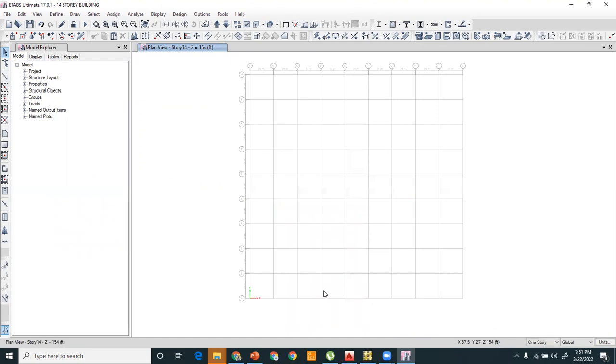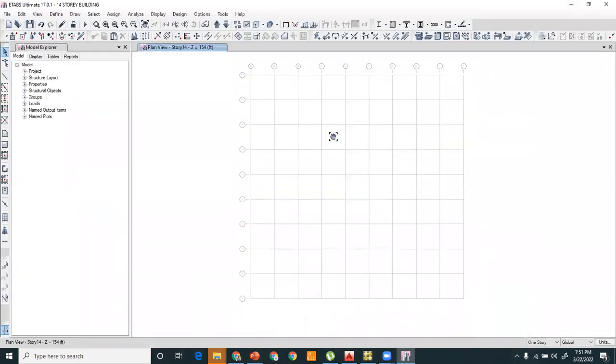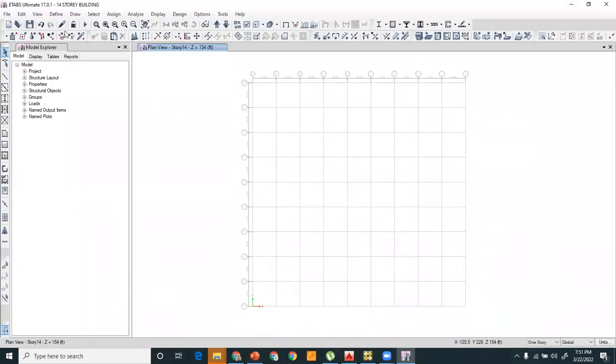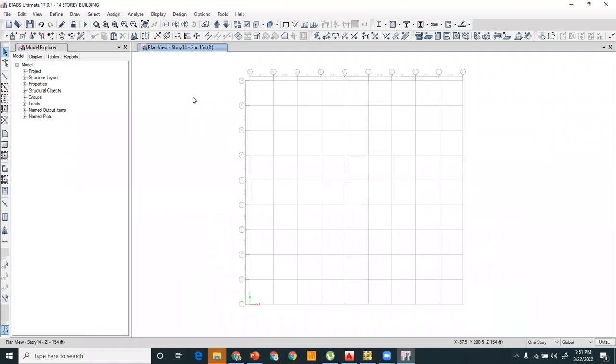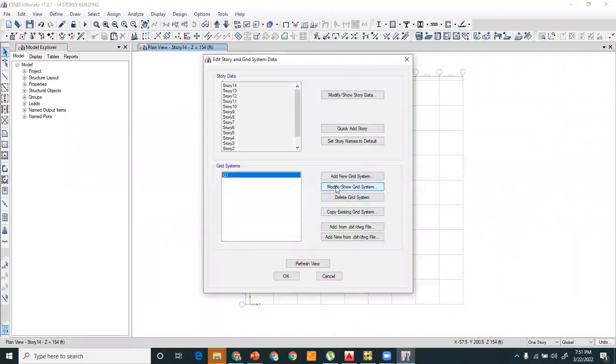So now you have to use this third method: insert these values, and edit these grid lines. After that we can draw the columns, beams, slabs, and other structural members using different tools. The main purpose of using this third method is to use the different tools, so some students may understand these different tools. So you have to right click, click on add modify grids, and click on the modify show